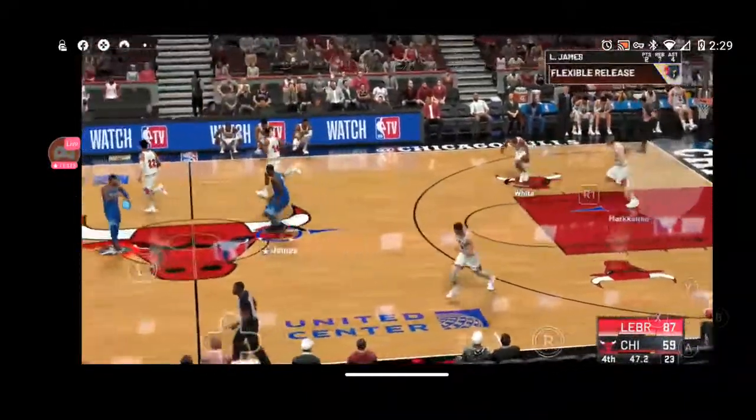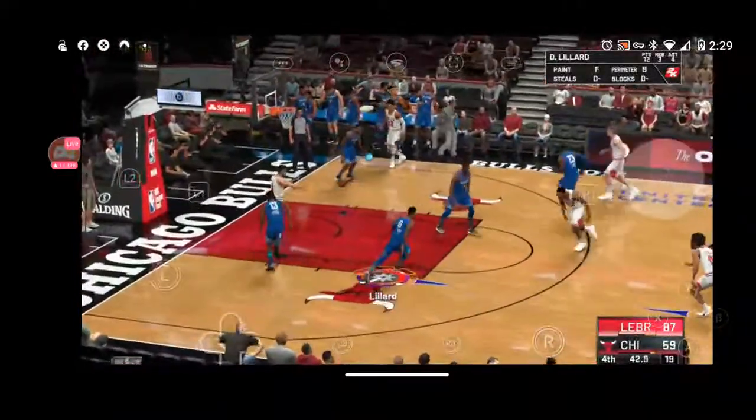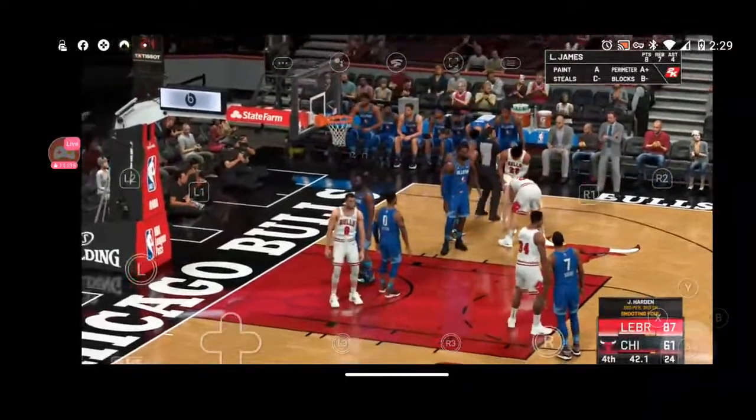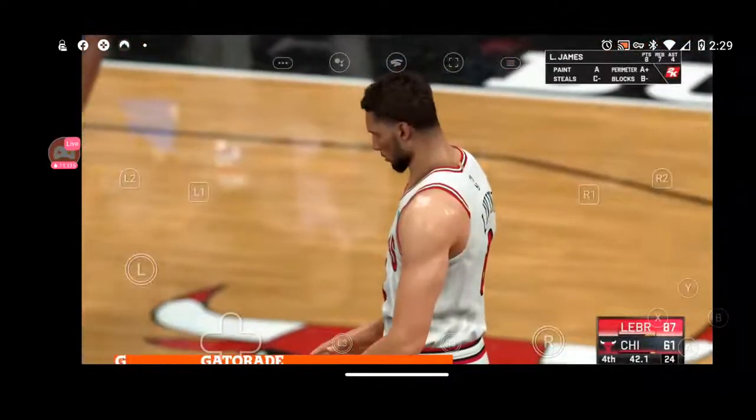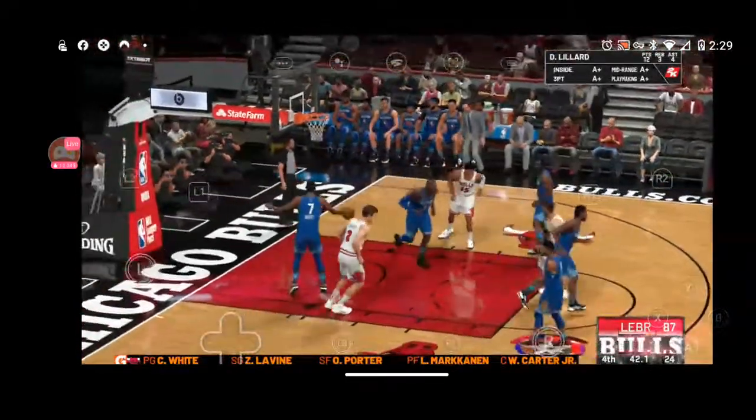Well, and this has been their strategy throughout the fourth period. We'll see how it pans out. You know what? Teams can get a little three-happy down the stretch sometimes, letting it fly. I'll tell you what, a good thing that he showed up today, because without him, this thing would already be